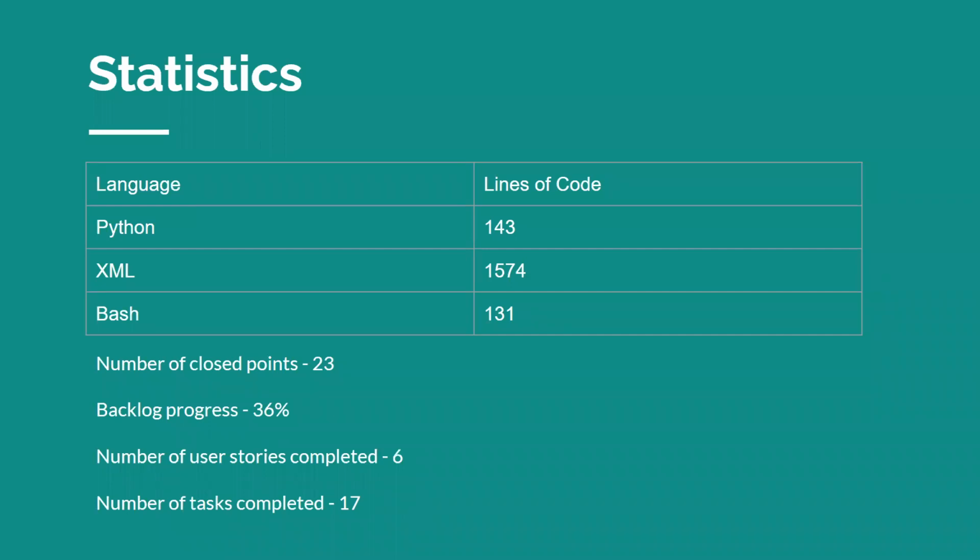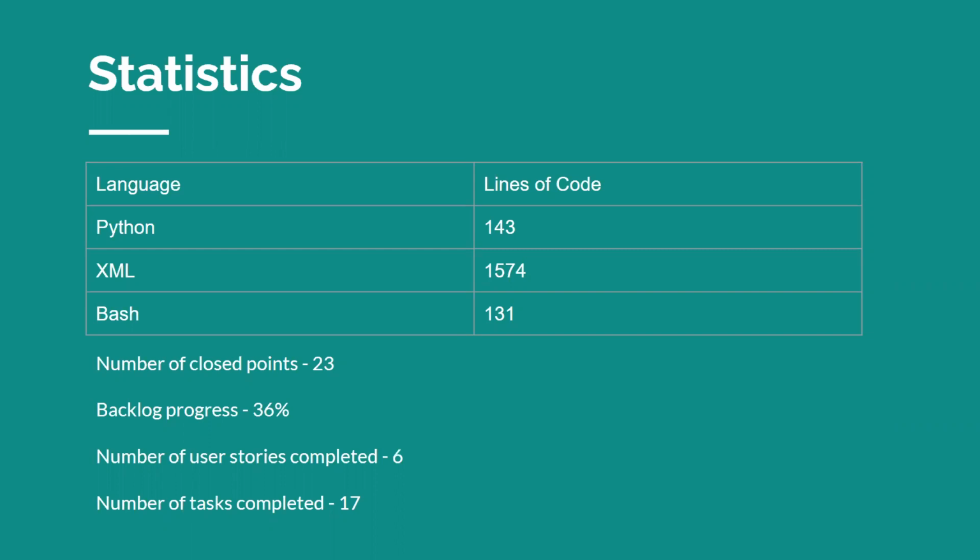So these are some of the statistics that we saw for our sprints up till now. The first one, you could see a table where we have the lines of code. We had three primary languages that we use, which are Python, XML, and Bash, where we had 143 lines of Python code. We had close to 1,500 lines of XML code, which are basically the configuration files for the Gazebo world. And we also have 131 lines of Bash code, which are our scripts that are used to easily install and set up the environments like ROS, Gazebo, RViz